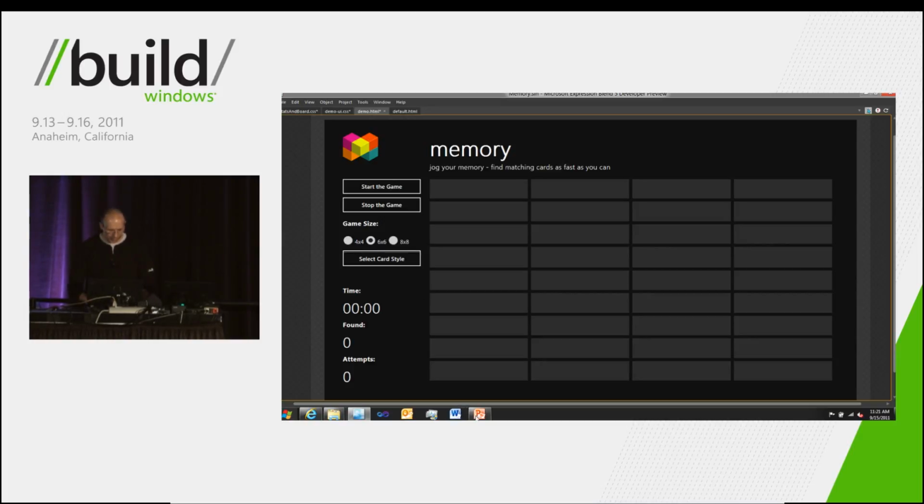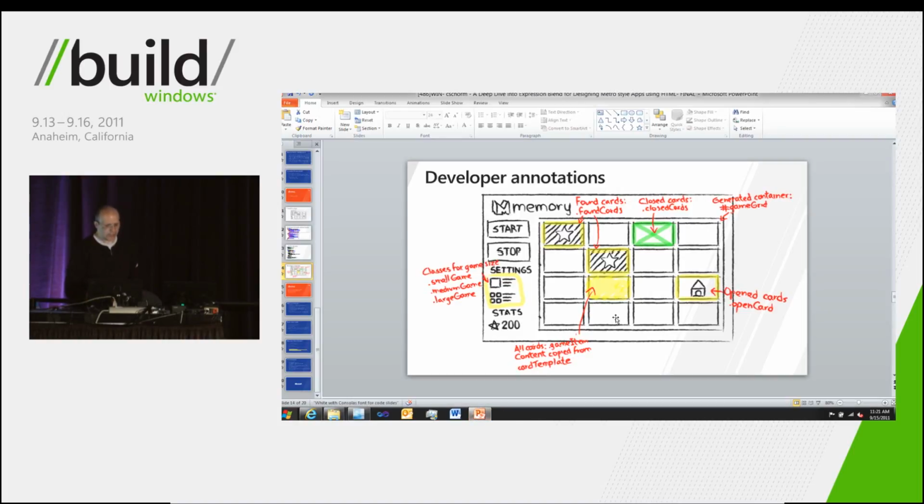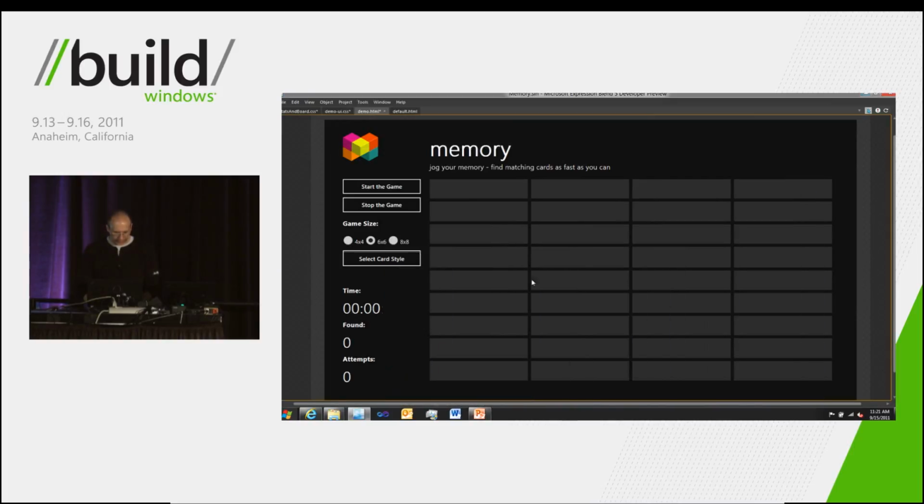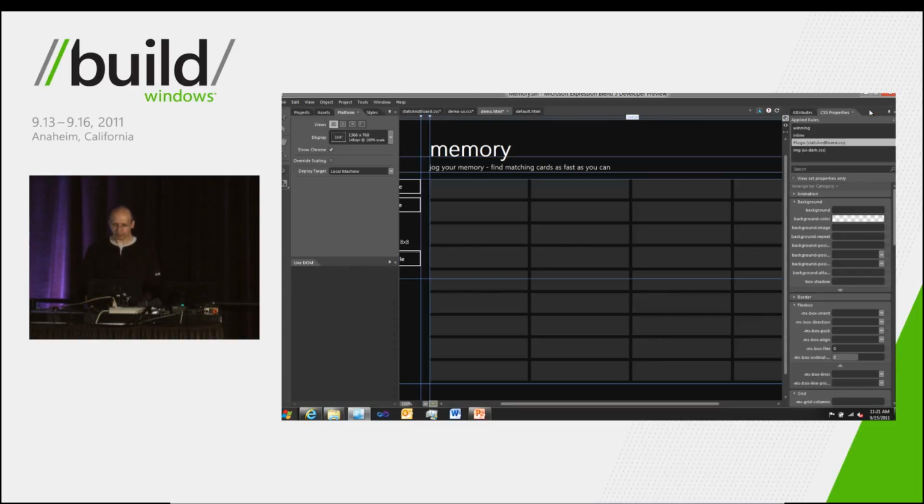Well, let's go back to our annotation here, and let's look at what happens when we change the size. And my developer told me that when the size of the game is changed, there's a class changed on an element between small game, medium game, and large game. And I can use these classes to basically change the layout of my game board to match. Okay, let's do that. Let's first find out where that style is actually set. So let's go out of interactive mode. And let's have a look at